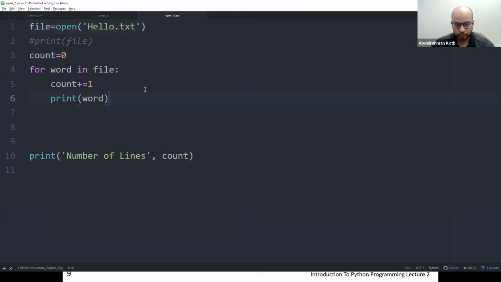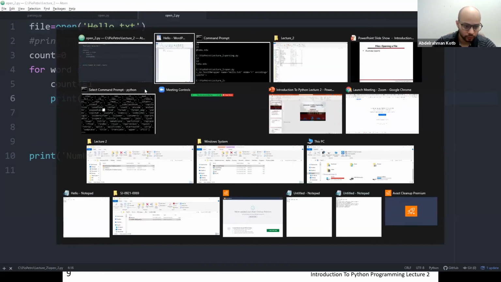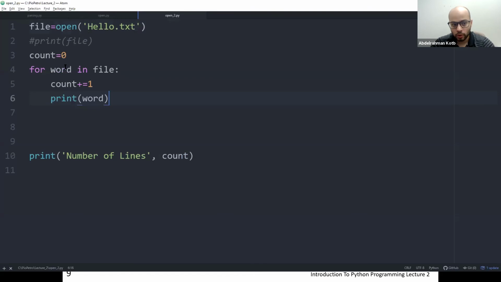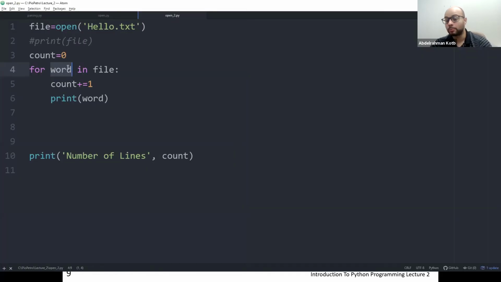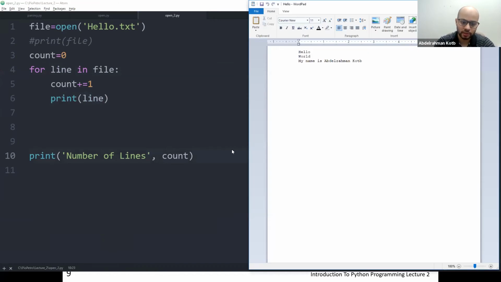So let's see. What this is actually doing, and I intentionally did this, is that for word in file, it's not actually looking for words. What Python is doing is looking line by line. So this is a poor choice of naming. This should be for line in file, count plus equal 1, print line. Then it's going to make more sense.